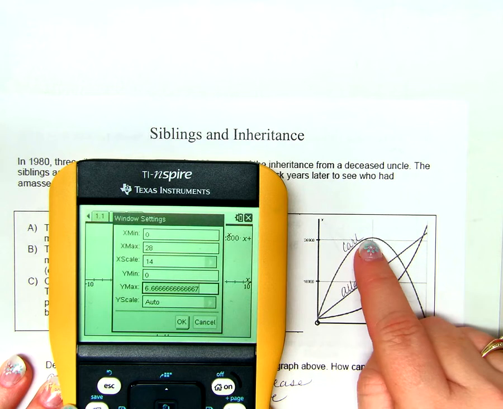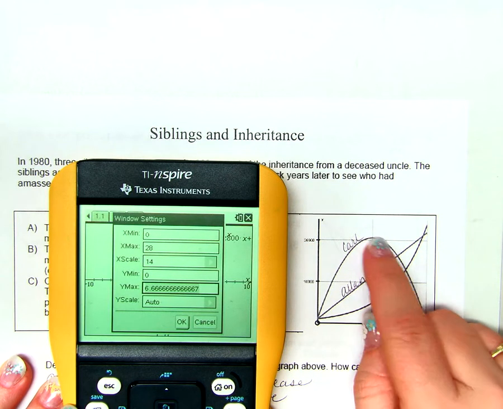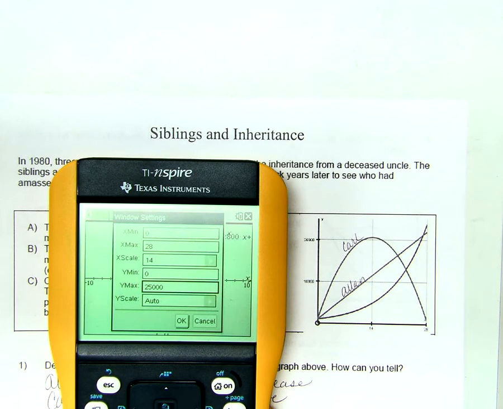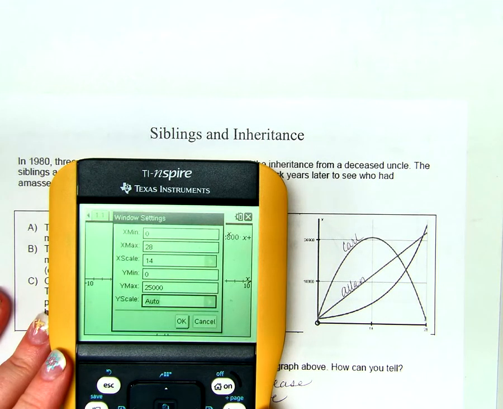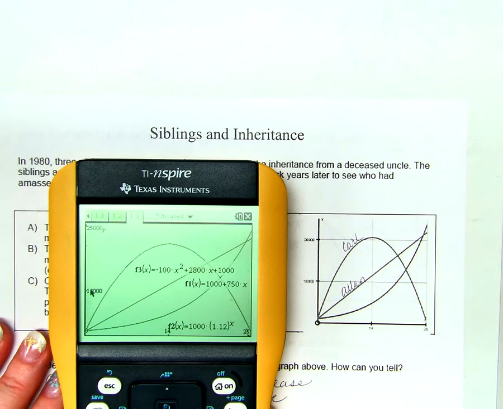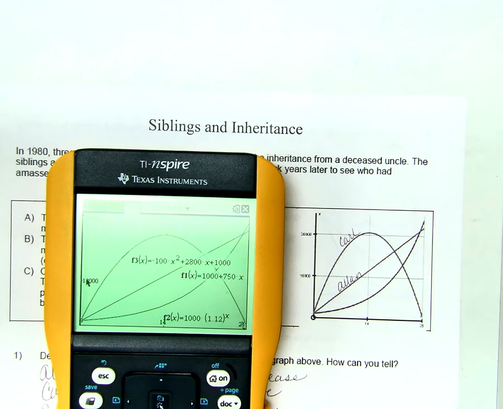But we know we have to go higher than that, don't we? Because this is going to go higher than that to begin with. So do you think 25,000 is safe? Okay, we'll go with what you say. How are we counting? 10,000s? Ah, that's beautiful. We did amazing.